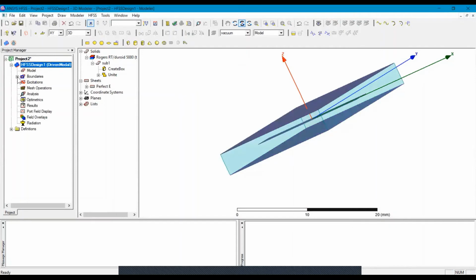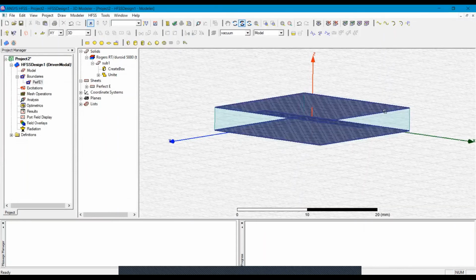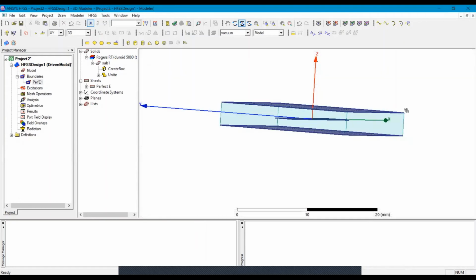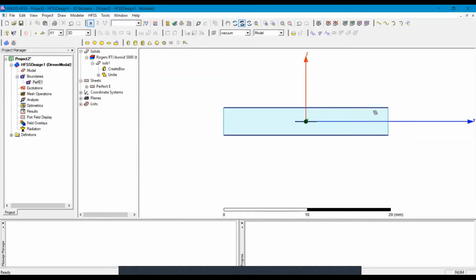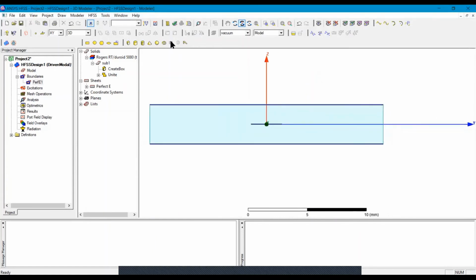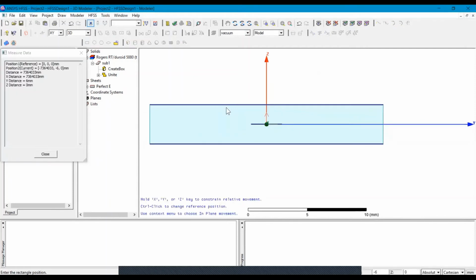Here in this project tree you can see that we have assigned the perfect E. Now we have to assign the excitation. So for the excitation, here I am also calculating the modes. So I am interested in the waveport.